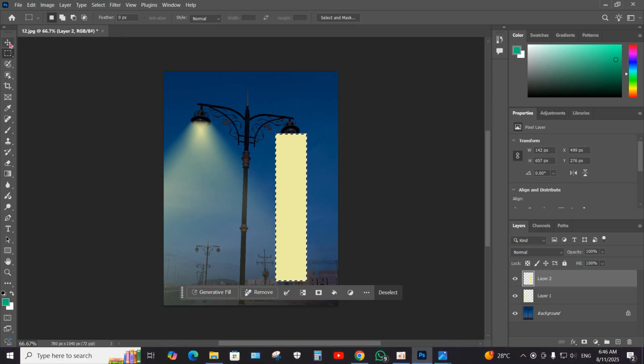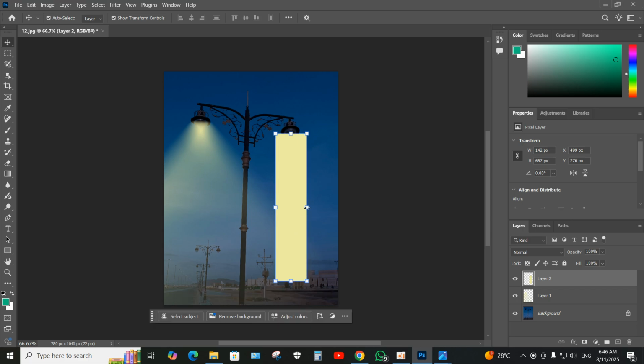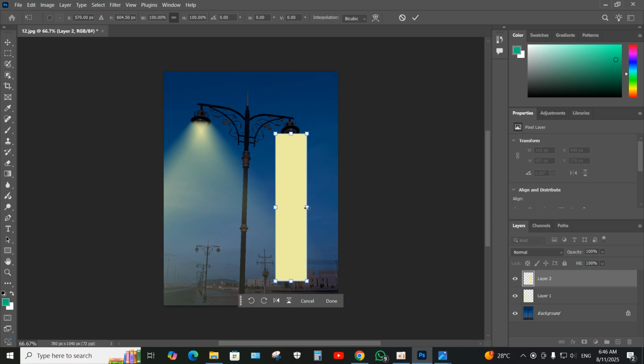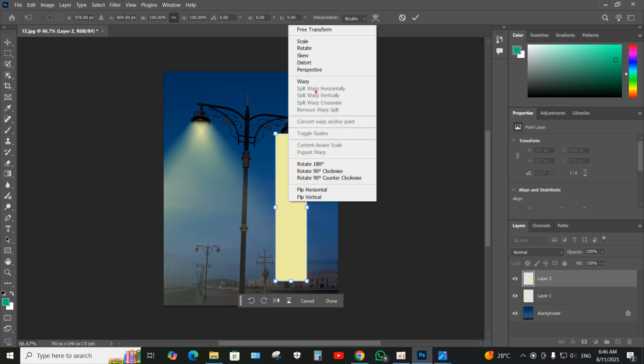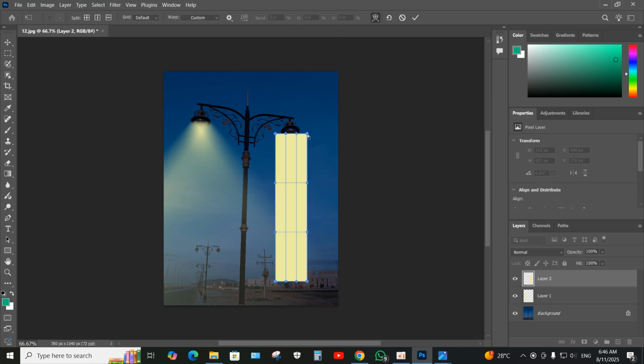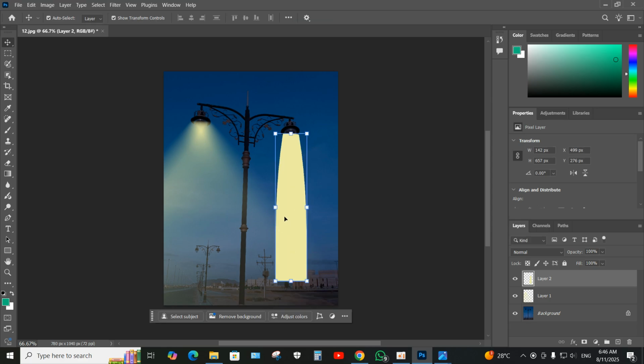So go to the toolbar and get the moving tool and click at the disable and click at any point inside of the color or of the field, just one click, and right click at the color, select warp and resize again, and click done, and again just left click, one click at the color